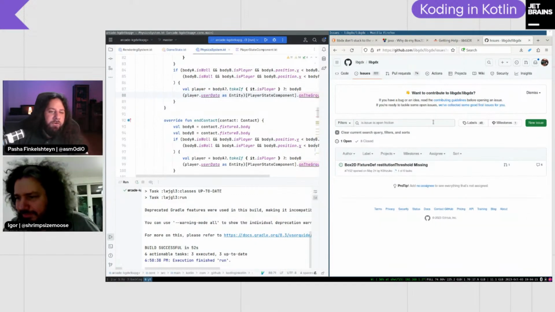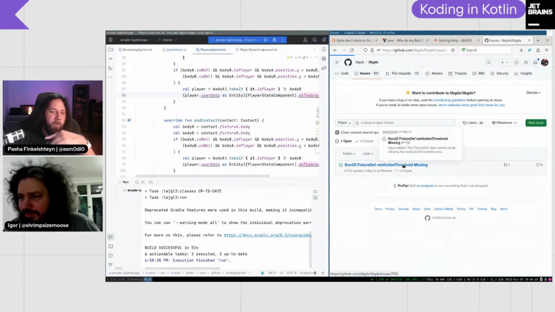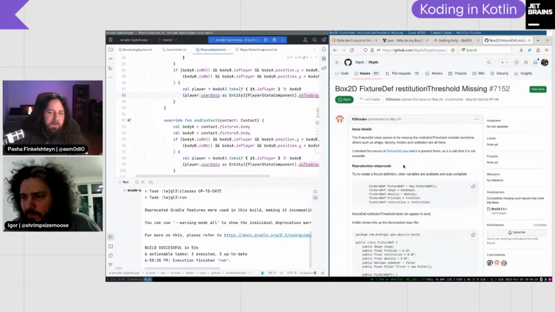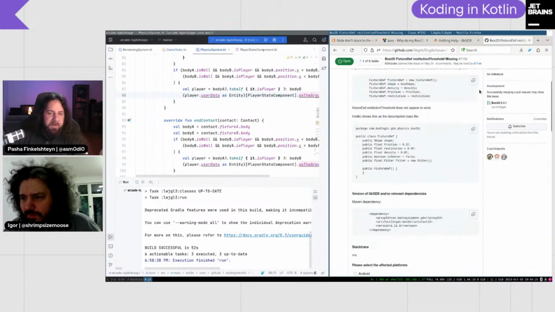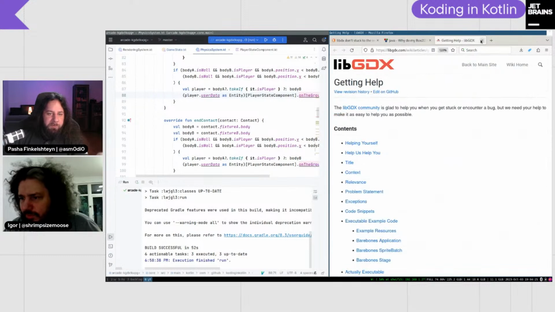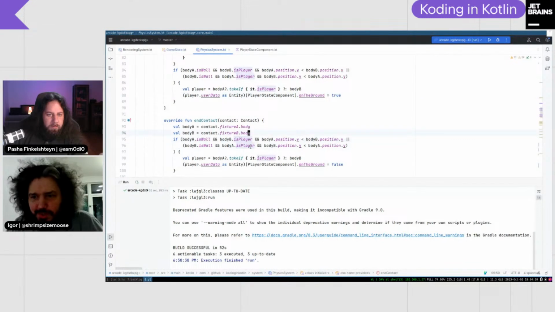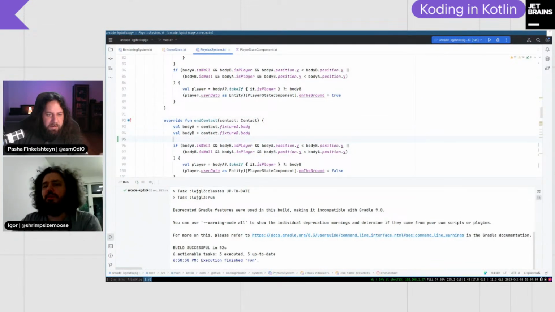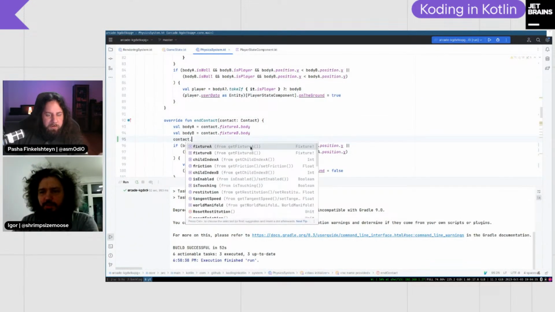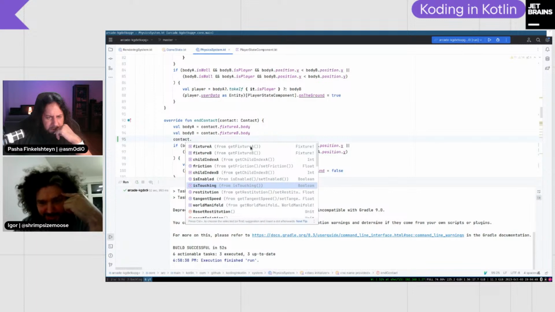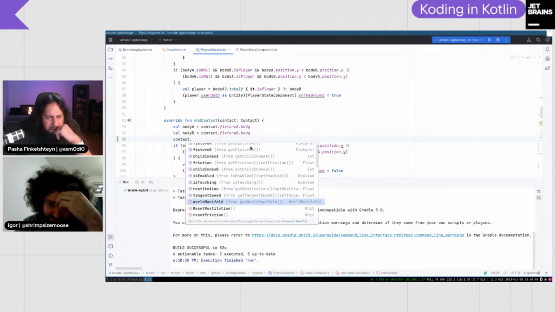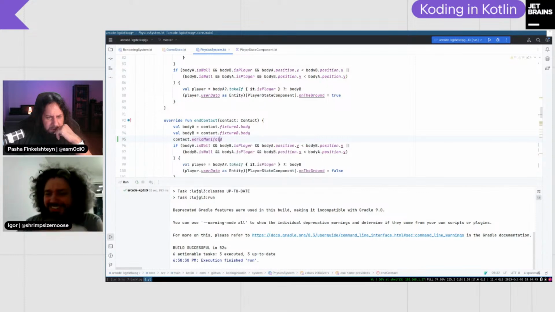Okay, what we can do, can you please show me what properties the contact has in our end contact method? Like contact dot children, friction, is touching, world manifold. What the hell is that?